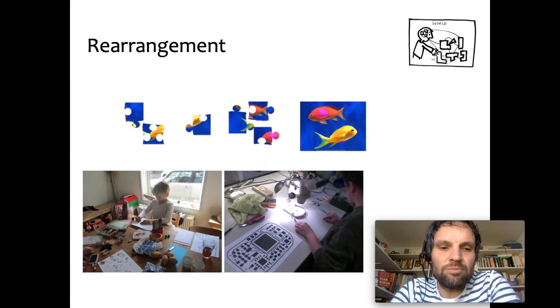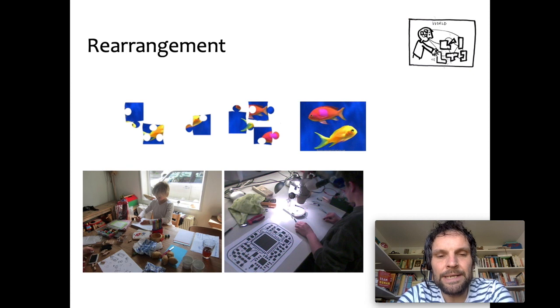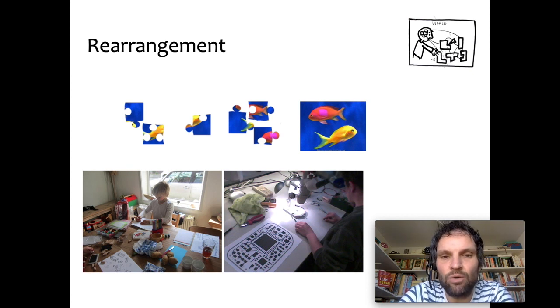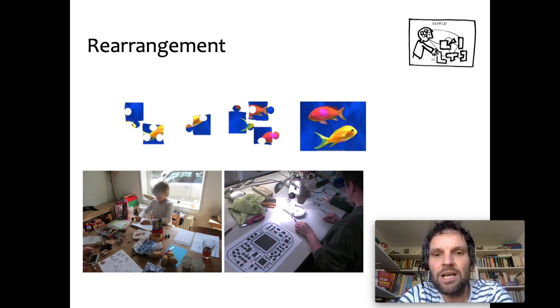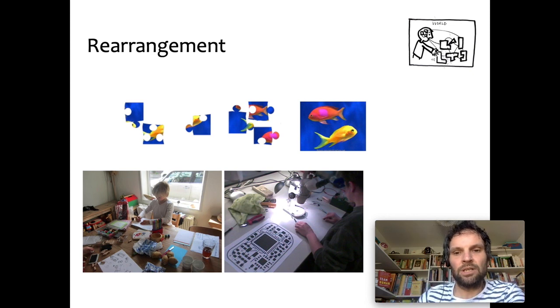The second important principle is rearrangement. Of course, the common example is if you make a puzzle, like the one on top, by rearranging the objects, you make the task of seeing which puzzle piece goes where much easier. So this is the same as the Tetris example or the example of this colleague of mine who was using a physical layout of objects in order to solve the task.